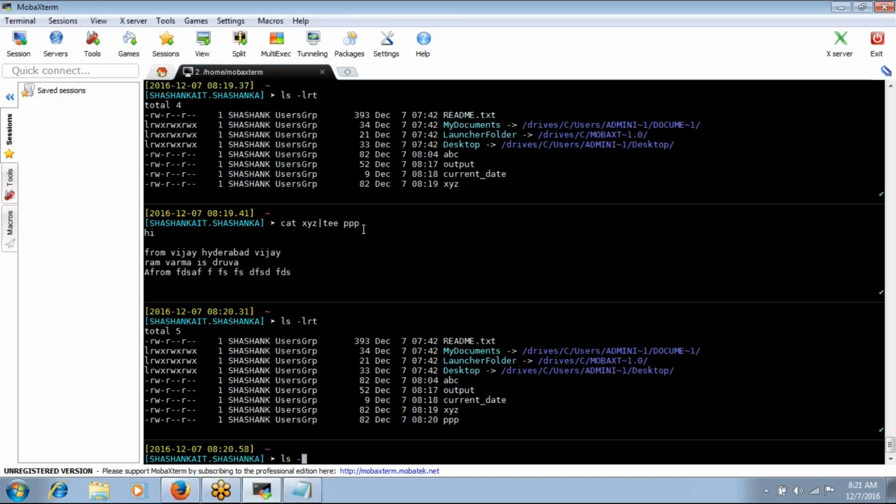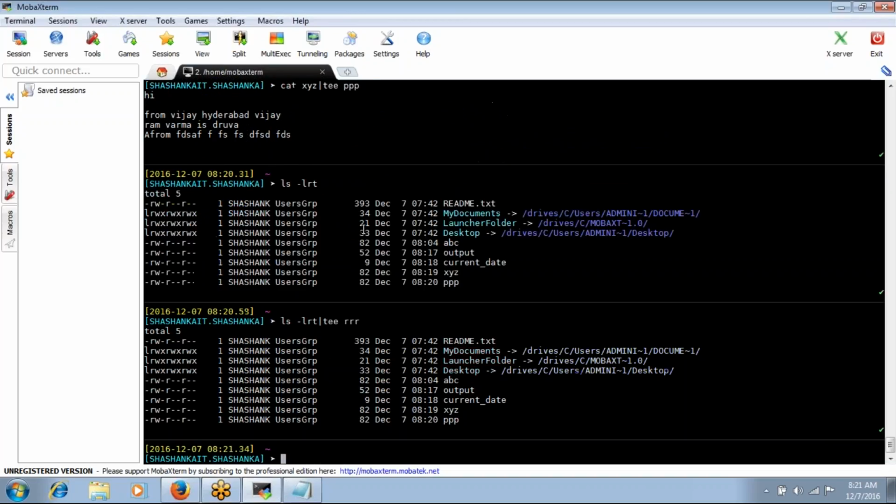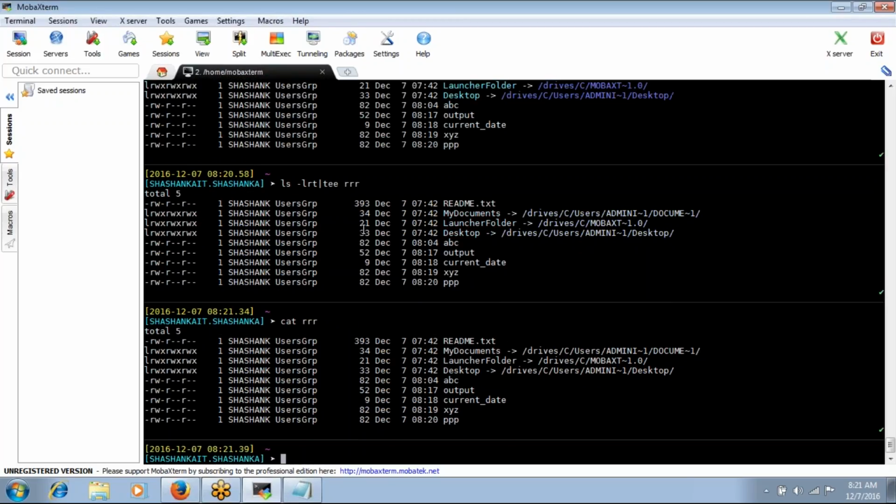Suppose I give ls -lrt, then tee triple R. Then cat triple R. If you see, the output is copied here. So basically, whatever output a command is displaying, that output is copied into your file.